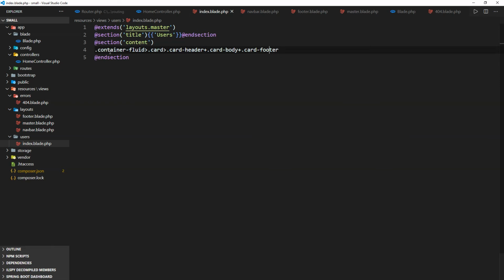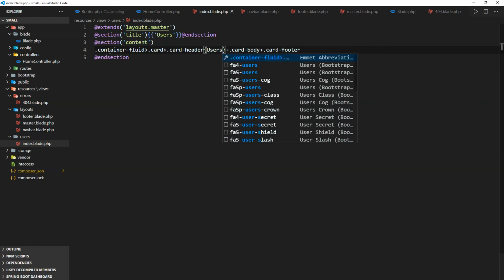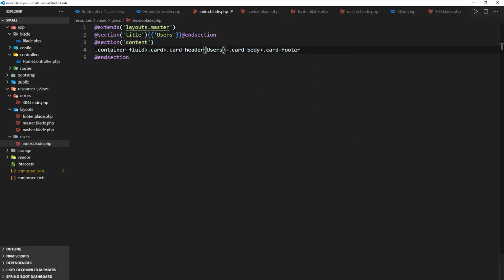And maybe inside the card header here, I'm just going to say users, and the card body